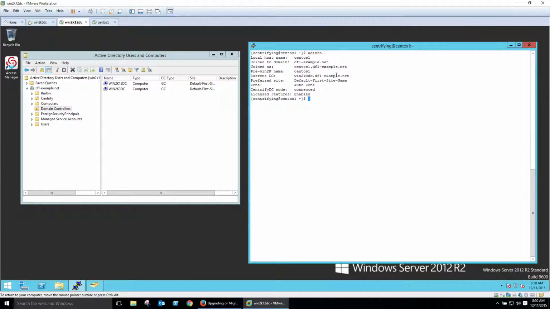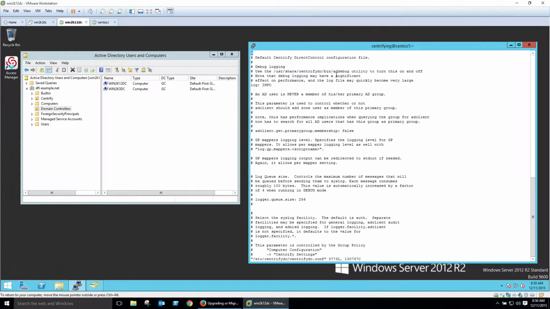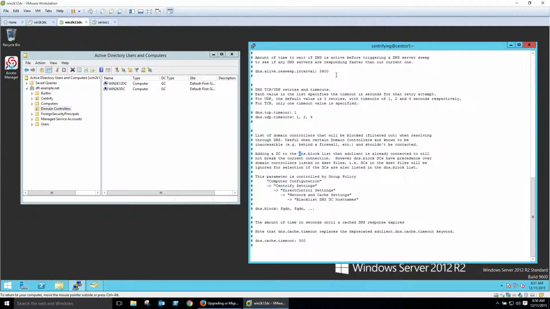If I wanted to test against the new one, I would have to use the DNS block parameter. So let's go ahead and do that. So sudo. The DNS block parameter is very useful because basically that's what you use to tell the Centrify agent to ignore certain domain controllers, right? So this is good for DMZ situations. Maybe the agent cannot reach certain domain controllers. You don't want that. So DNS block,